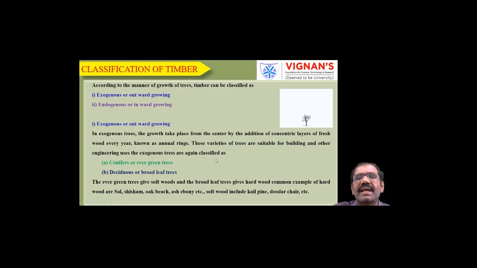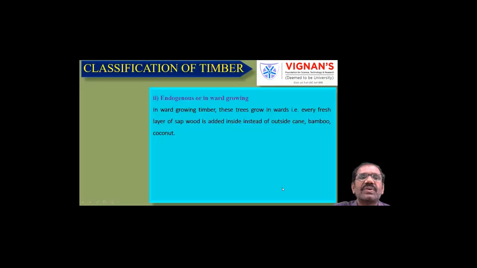The exogenous trees are again classified as conifers or evergreen trees, and deciduous or broadleaf trees. You got the idea of this one. So the evergreen trees give softwoods, and the broadleaf trees give the hardwood. Examples of hardwood are sal, sesame, oak, beech, ash, ebony, etc. Softwoods include kail, pine, deodar, in Telugu we call it chair, etc. These are the classification and examples of exogenous or